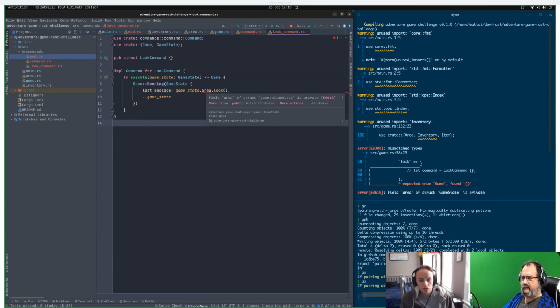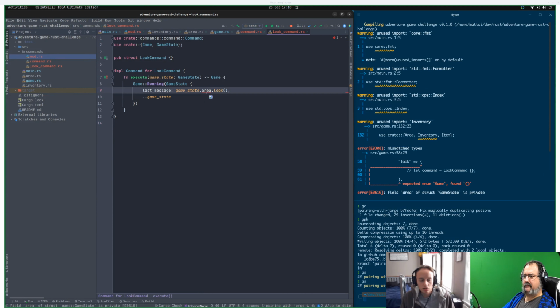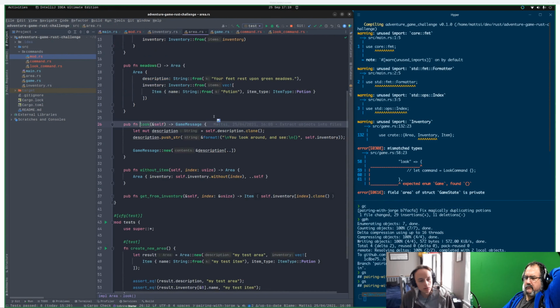The area of struct game state is private. Oh, balls. That's fine. Implement look on game state. So game state area.